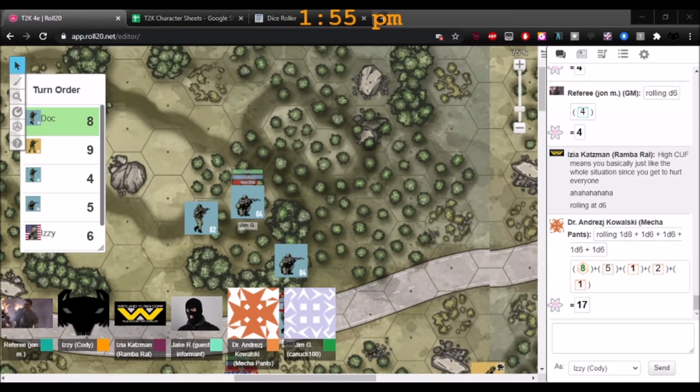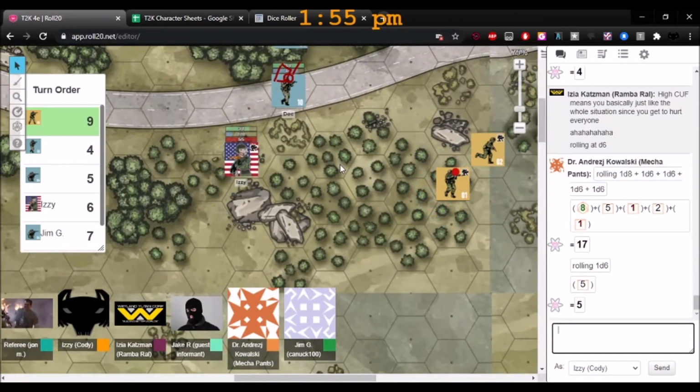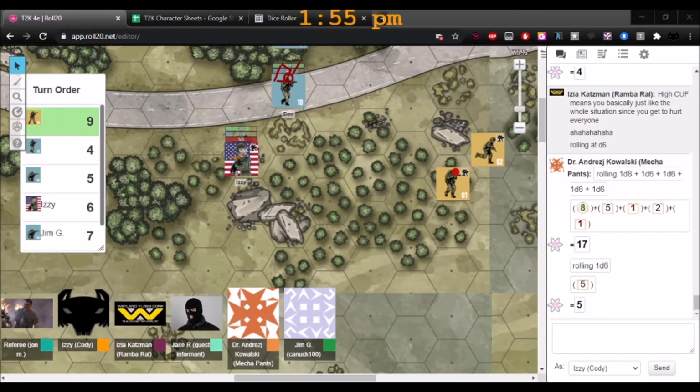Okay, and then it's the bad guy's turn. So they've lost the taste for this fight and are going to flee. So this guy who's here is going to use a fast action to get up, I think, right? Or is it a slow action? So he's going to do 2 fast actions. He's going to get up, and then he's going to run.